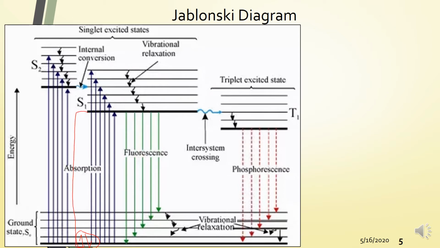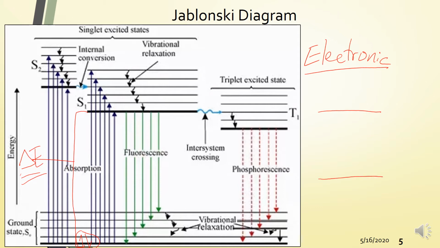if you're able to expose it with an energy equivalent to the energy difference between these two energy states. Now, you refer to this type of transition as electronic transitions. So you have electronic transitions. That's a transition in between the ground state,